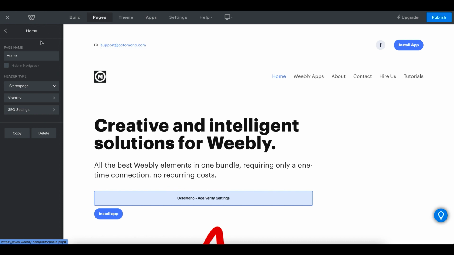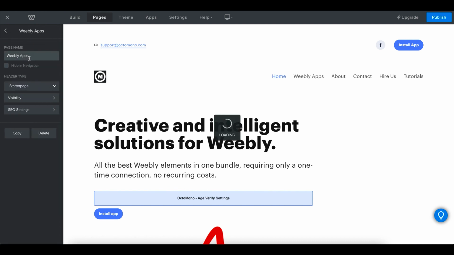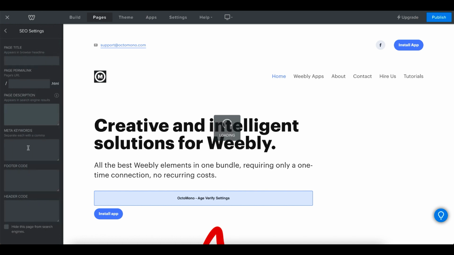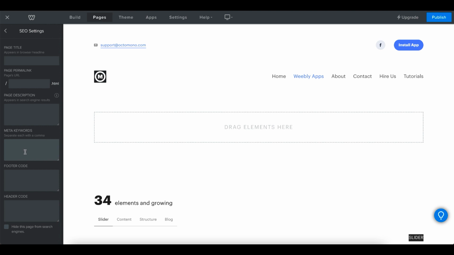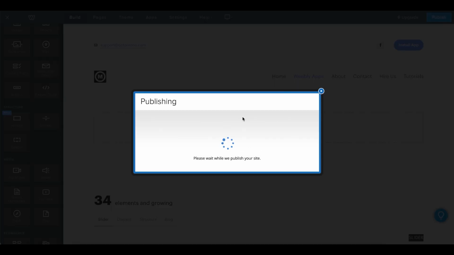So you would click on the pages tab here, and then we'll go and check for another page. So let's call it Weebly apps, and then we'll scroll down and click on settings. So now we would need to put it in the header code as well, which is here at the bottom, and we'll just drop everything in here. So if now we were to publish this,